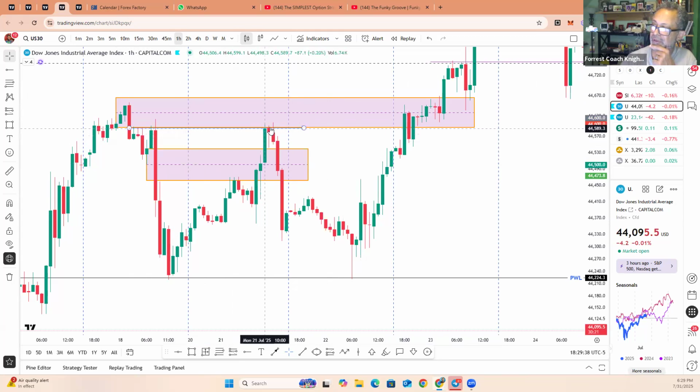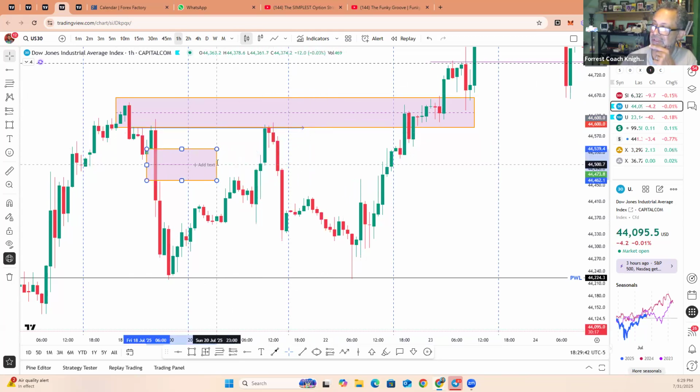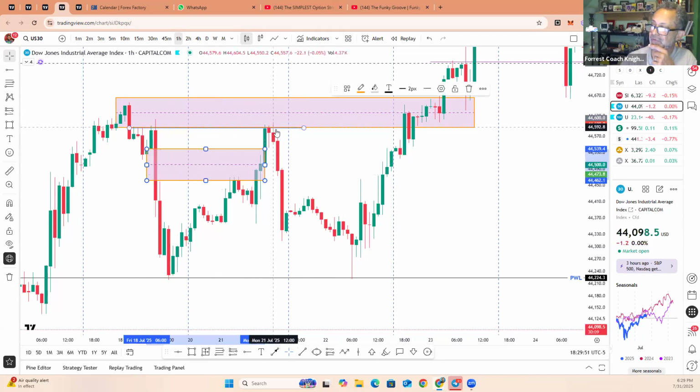So it came up here, bounced off of this. This fair value gap doesn't exist anymore because all of this price action ate it up. So I'm not worried about this anymore, right? This price action filled this fair value gap. Now I'm heading back to the basement. Like,